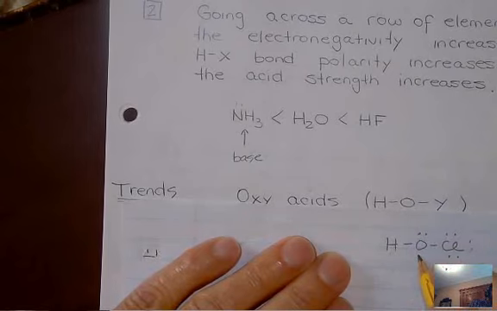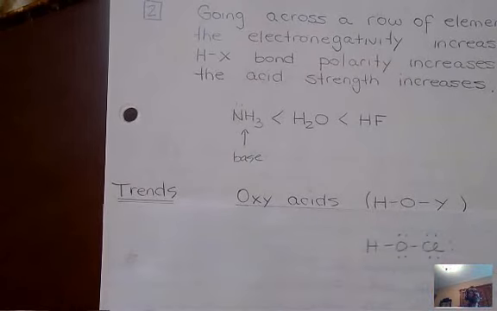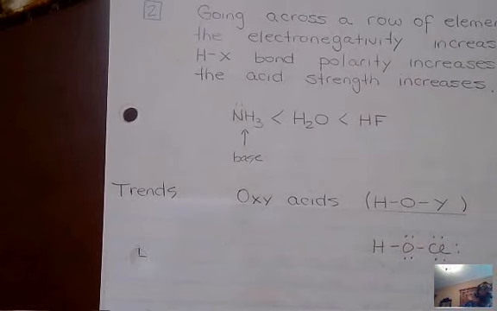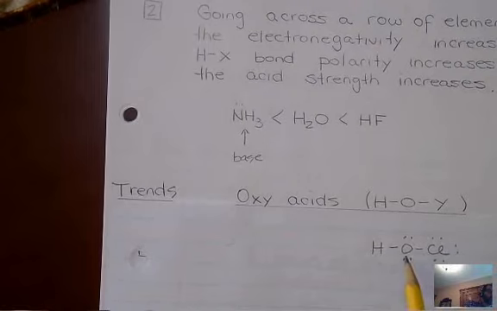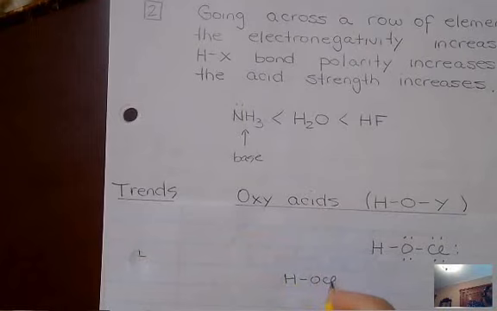So you may remember this one. If I put all its electrons in, it looks like that. So that would be a great example of this. This is hypochlorous acid. It is the version that has the least number of oxygens in the set. And you remember the set that we learned is HOCl,